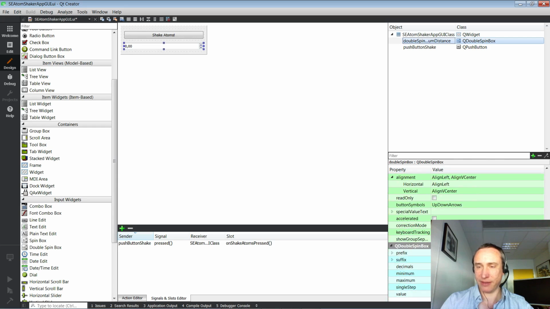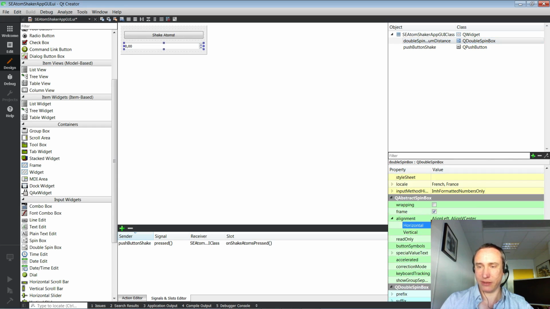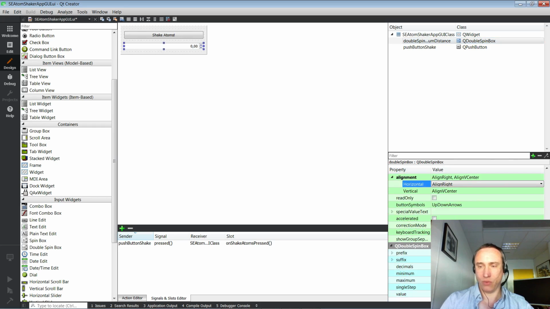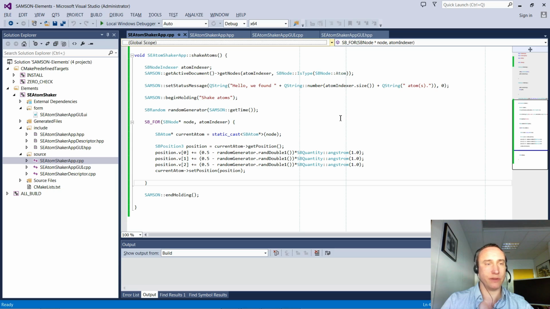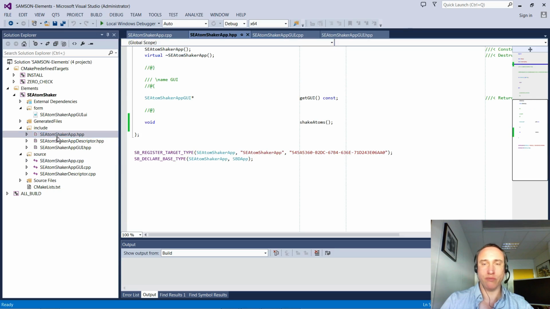And we're going to improve the looks of this. So let's say that we align it on the right. We give an initial value of 1 and we specify that this one is in angstrom. So the user is expected to enter a value in angstroms. Okay, so I save, I exit this and I go back to the code and I'm going to modify the